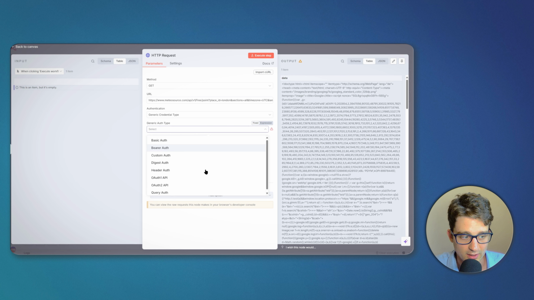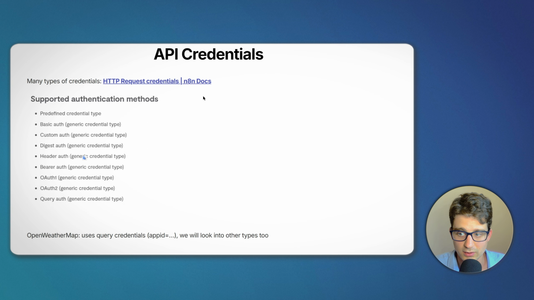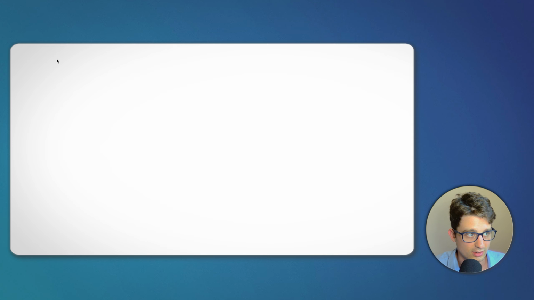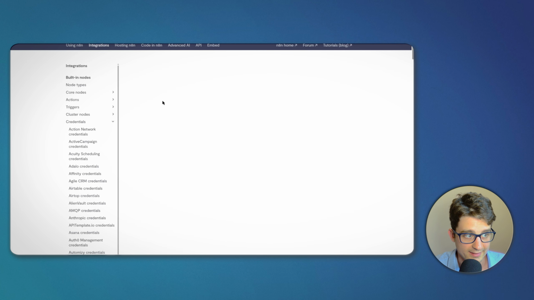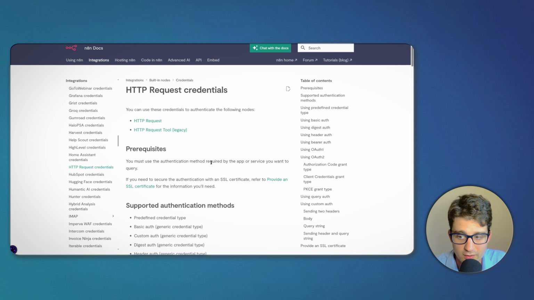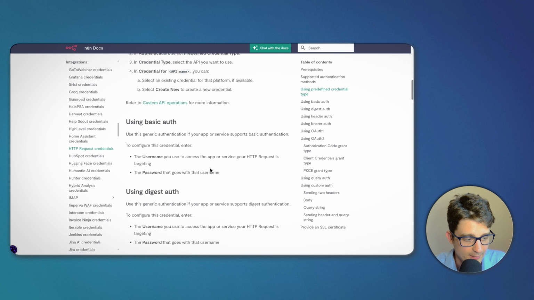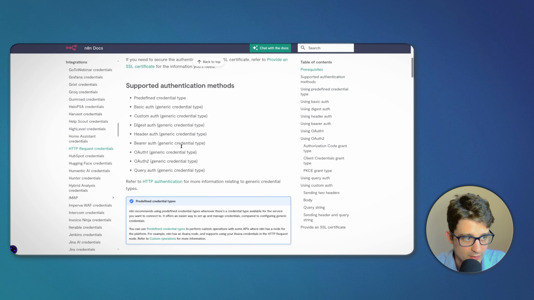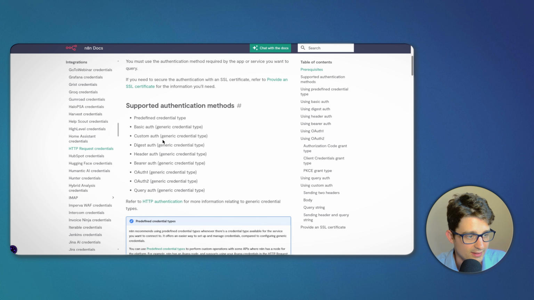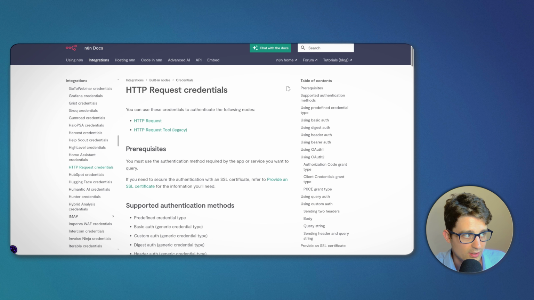authentication possibilities. So also the slides, which are available as part of the video notes down in the description, also have the direct link to the N8N credential documentation. And here we can see all of them in detail, how to use them and what the cases are in which we want to use them. But really the simplest one is going to be the query auth